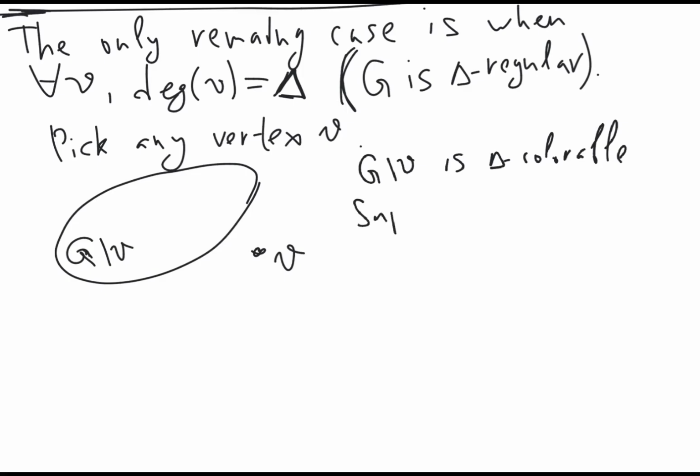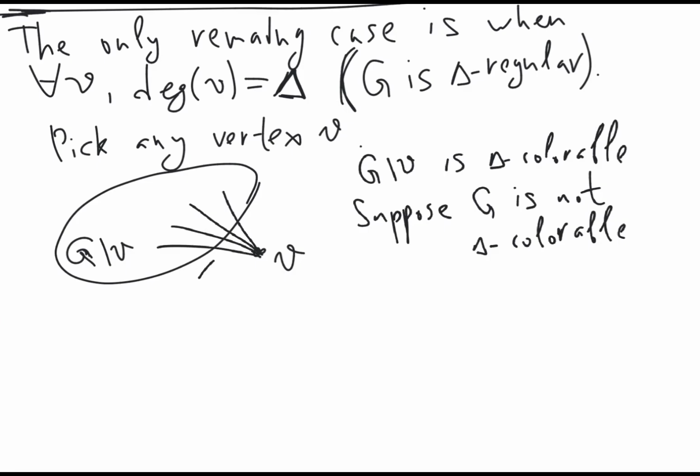This is by contradiction. So suppose that G is not delta colorable. If it is delta colorable, that's what we need to prove, basically. So suppose it is not delta colorable. It is not delta colorable, and the only possibility when this can happen is when